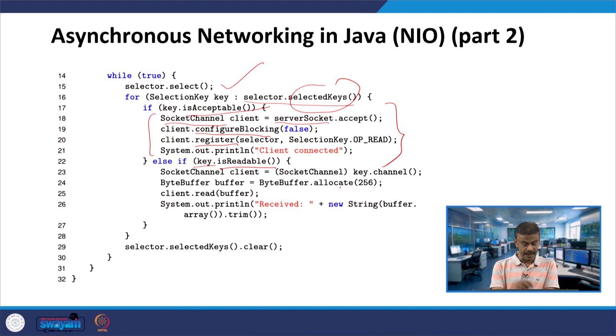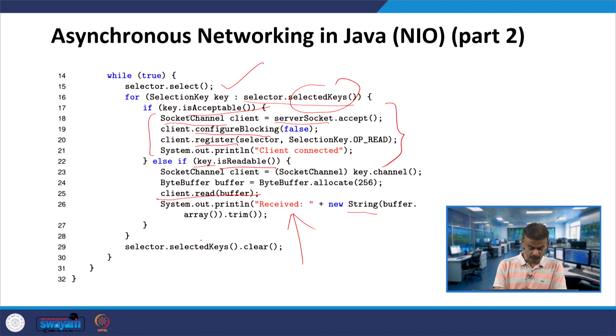And then you have the client invoking read by passing buffer, right. That means it is reading data from the client channel into the buffer. And then you have System.out.println, where you have the received string, which is invoking the string.